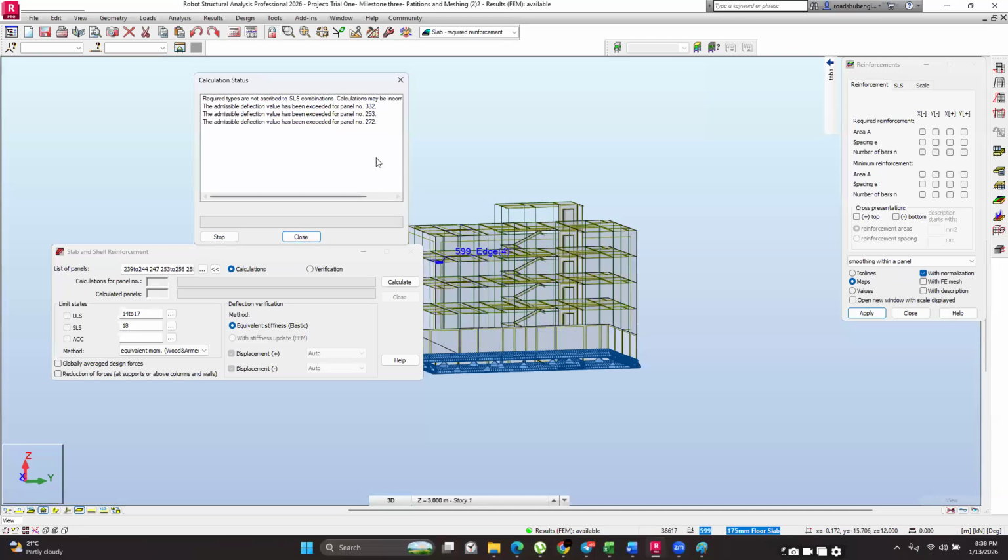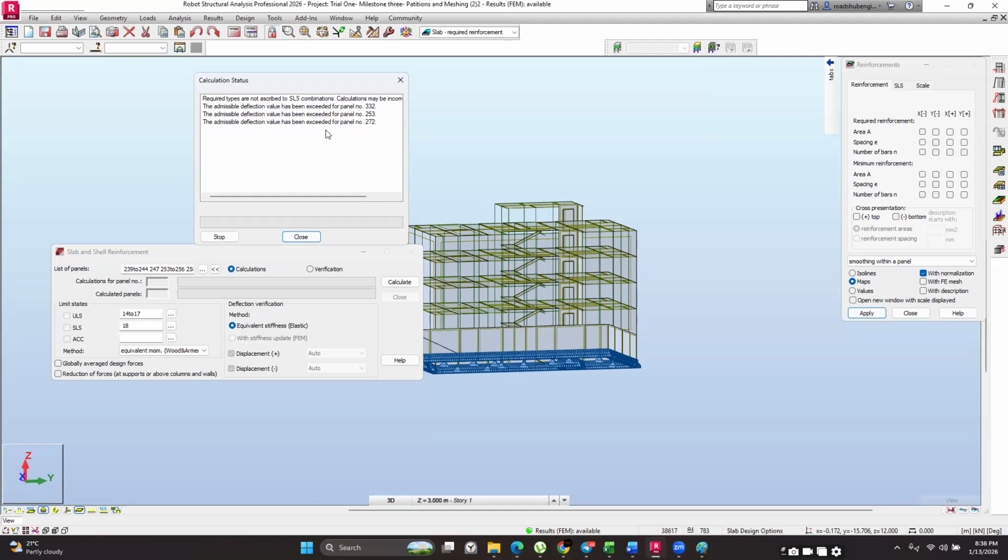Let me note this down: we have 332, 253, and 272. So when a member fails by deflection, the way in which you can easily pass it is by